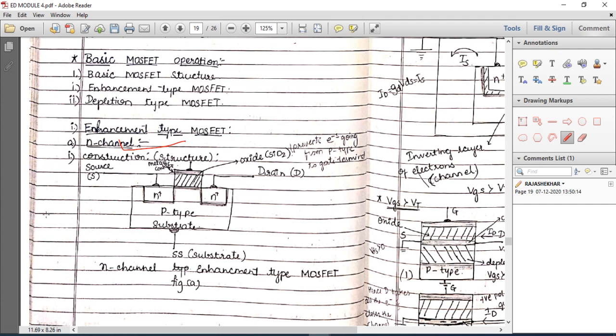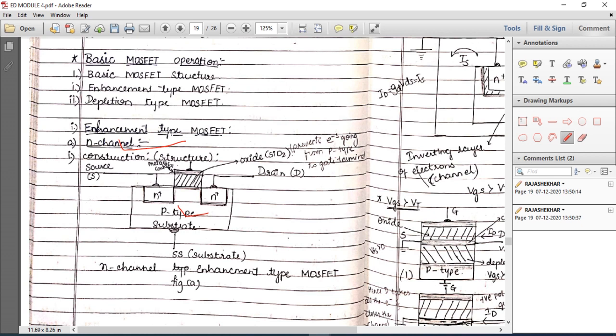So now, when I come to the construction part, look at this construction, what does it consist of? It consists of a p-type substrate. This is a p-type substrate. It is called a foundation on which the device is constructed. So the foundation which I am using is a p-type substrate. Here on this we have doped two N plus regions. Plus indicates that it is a heavily doped N-type region.